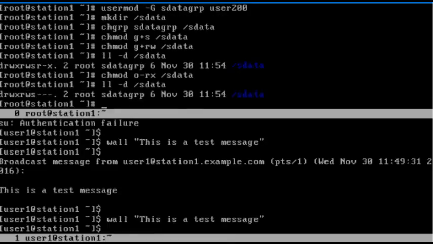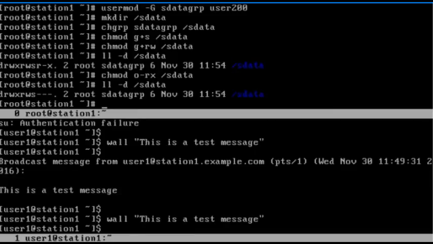Let's reconfirm. Okay, so the owner has full privileges and group members have read, write, and the setgid bit on the directory. All done. Okay, now let's test it by creating a file as user 100 and try to edit